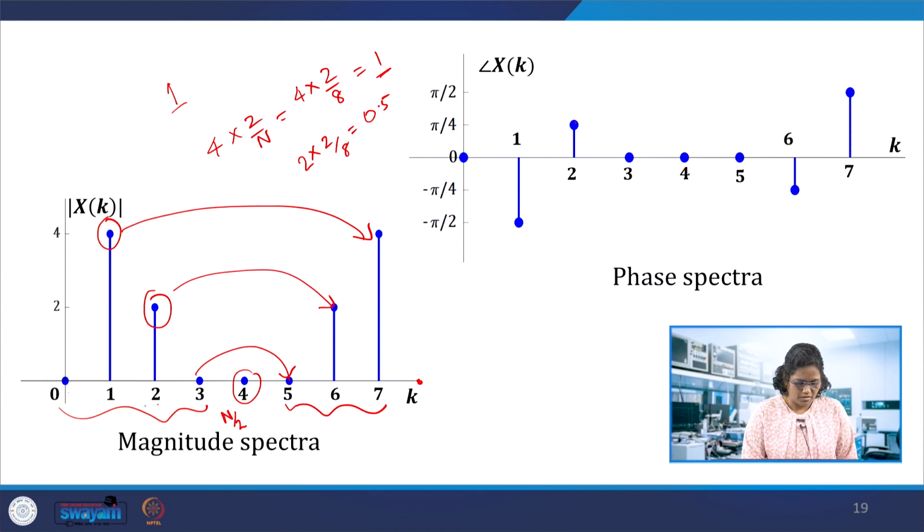And the k representing the frequency spacing will give the frequency spacing, that is equal to fs by n, the sampling frequency divided by the number of samples taken in the 8-point DFT. So 1 and 0.5 are related to the amplitude. What about the phase? For the fundamental component, sine 2 pi 1000 t, when we convert into cos, we observe that there is theta minus pi by 2, that is pi by 2.